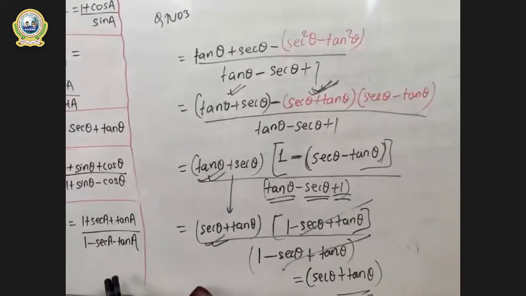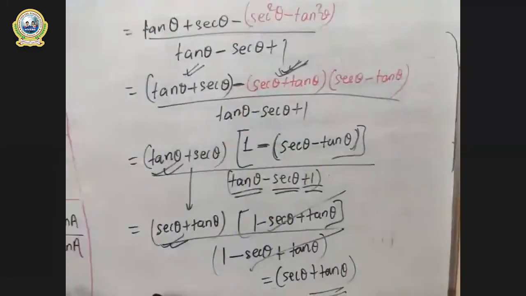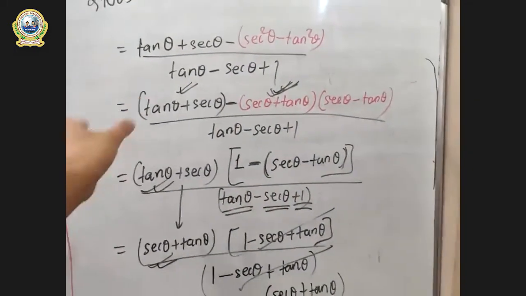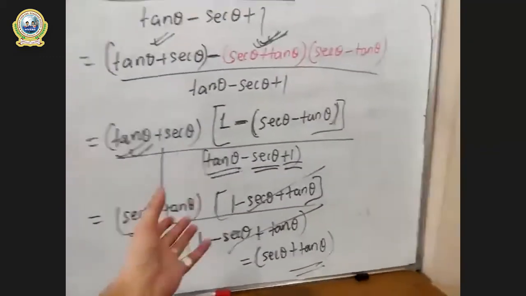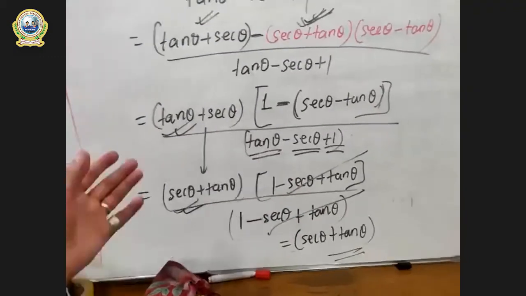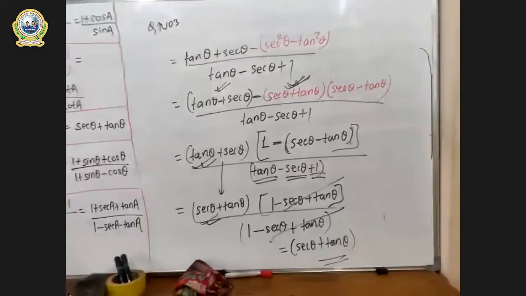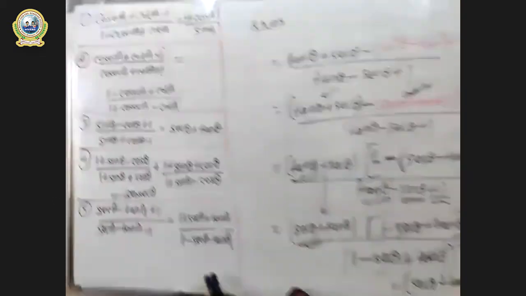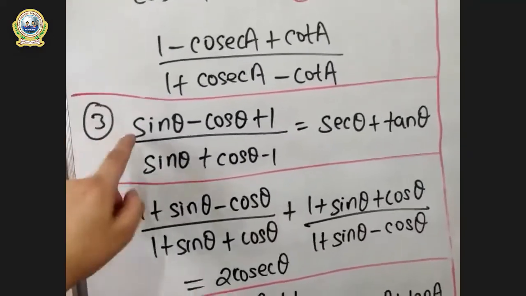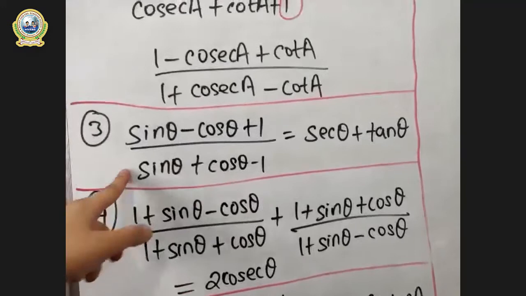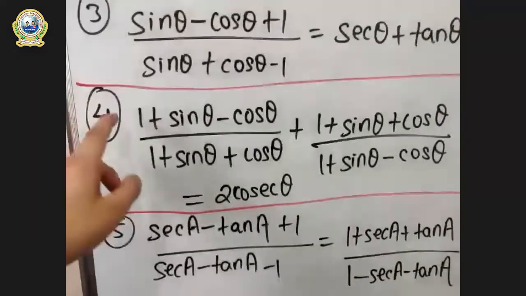Are you clear about this? This is a very simple question, right? A square minus b square, a plus b, a minus b format, right? We have just taken the expression as common, and opened the bracket with minus sign. Now the inner parts will be cancelled. Only sec plus tan will be left, and that is our right hand side. Are you clear about this? You are clear, right? So this was our question. I think now you are clear. We can't directly solve into sine cos format, so we have to convert it into tan sec. Is this clear? So let's copy question number 4.